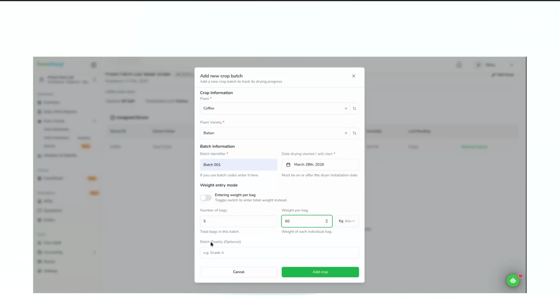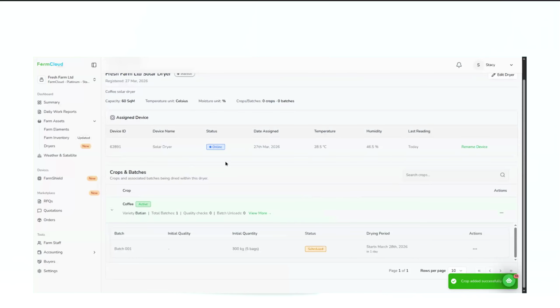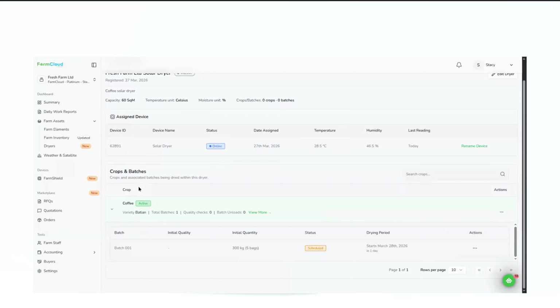And then you have the batch quality. Batch quality is optional. You'll find cases where you know beforehand the quality of the crop you are drying, so you record it over here. It is optional, and then you add the crop. So once you add the crop, you add the crop information and the initial batch for that crop. Now once it has been added, you'll see that we have the crop here and the variety,